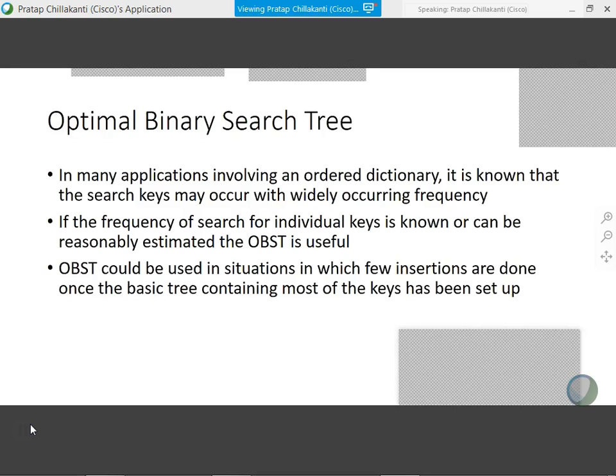So if you know the frequency of the individual keys beforehand, then we might attempt to create an optimal binary search tree. Now notice one thing here. Typically, it works great when it's a static tree, meaning you don't do many insertions. You organize the tree already based on the frequencies, so you don't have to touch it.